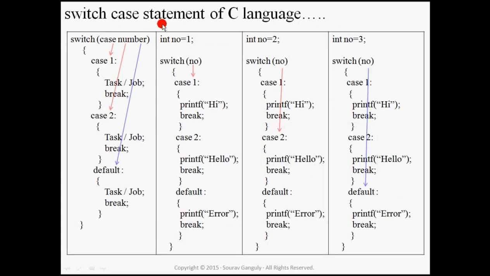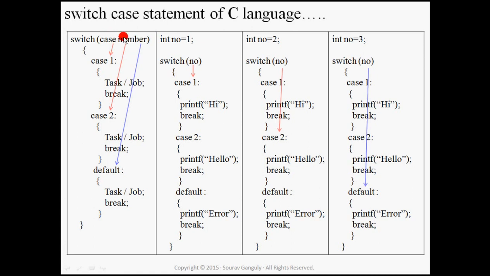Now come here. Our next topic is the switch case statement. The switch case statement is actually like an if statement. Here, switch and case are two keywords. Case contains a number, that is case 1, case 2 and case 3 or case default or case 4, etc. This is the scope of the switch. That means these braces are the scope of the switch. Case 1, 2 and default are under this switch statement.